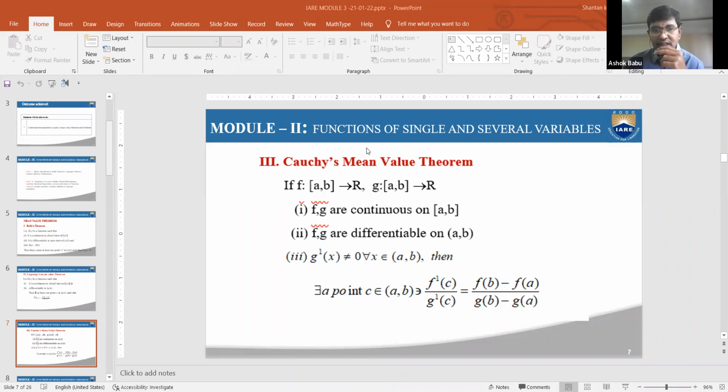And moreover, third, g dash of x is not equal to 0 for all values of x belonging to the open interval a comma b, then there exists c. That means if the three conditions are satisfied,